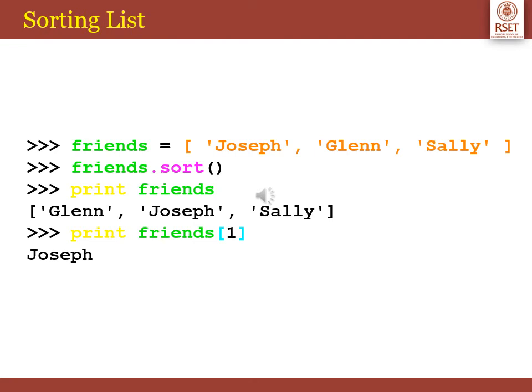Python has got various list methods to help programmers work efficiently with lists. Let us see one or two examples. A common one which is seen is the sort. So if I have a list, I can apply the sort method on it, which will print the list in alphabetical order.